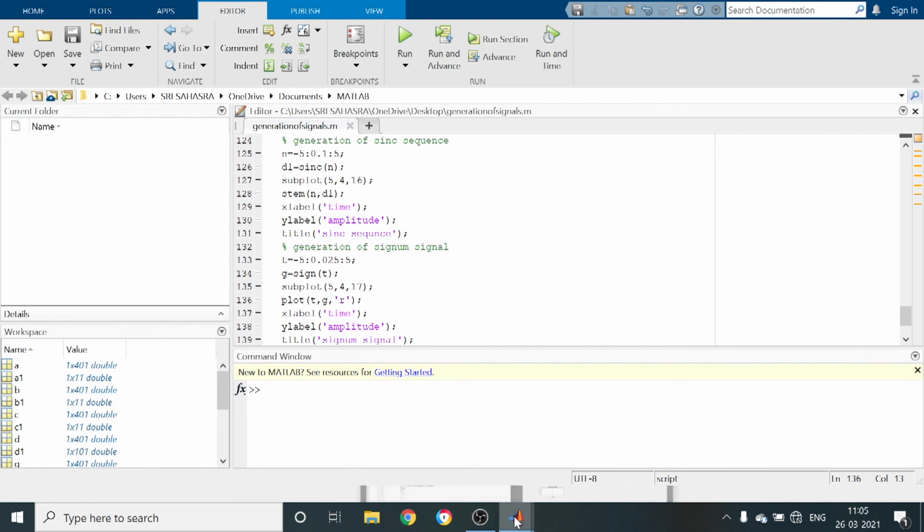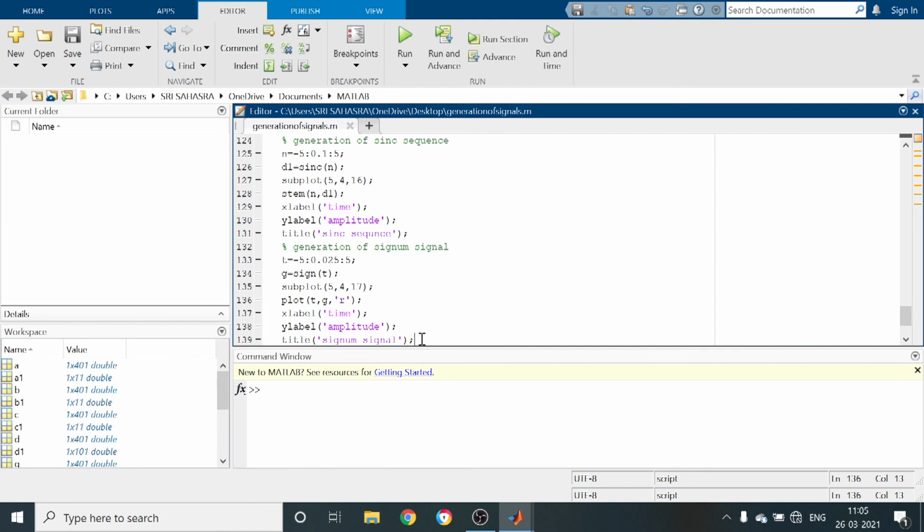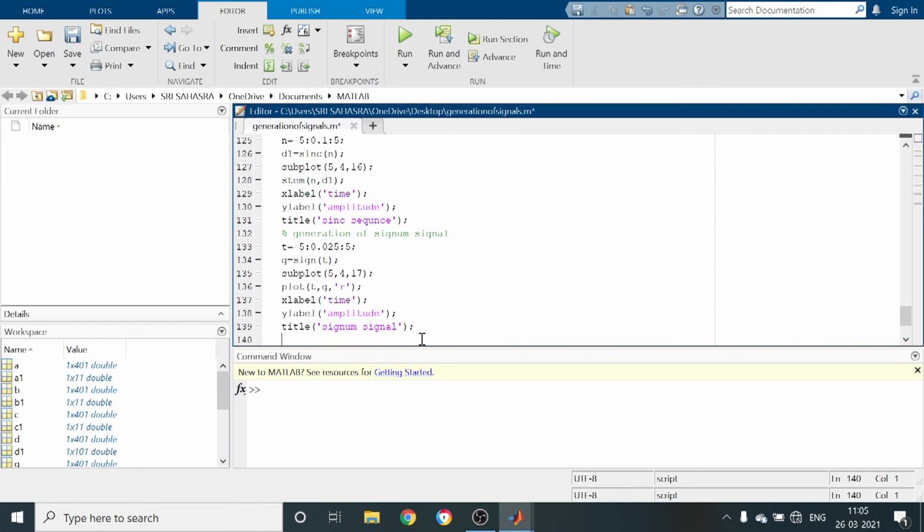Next thing is the tripulse and rectpulse we are having.